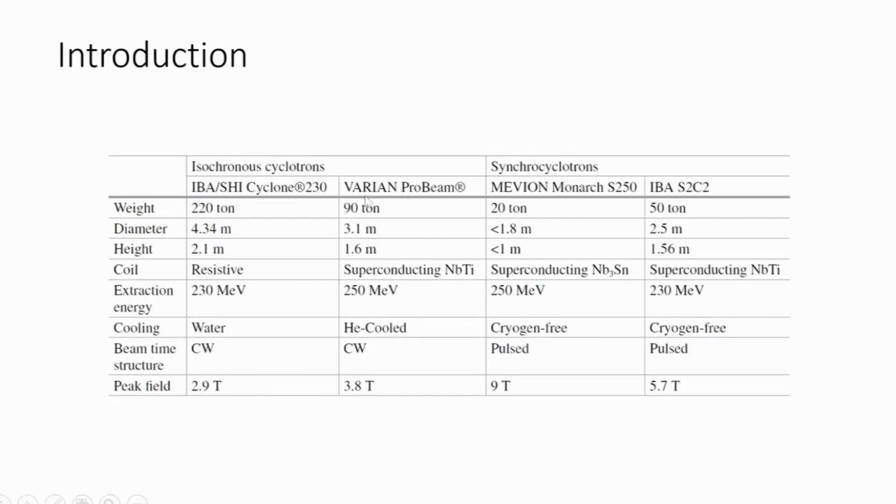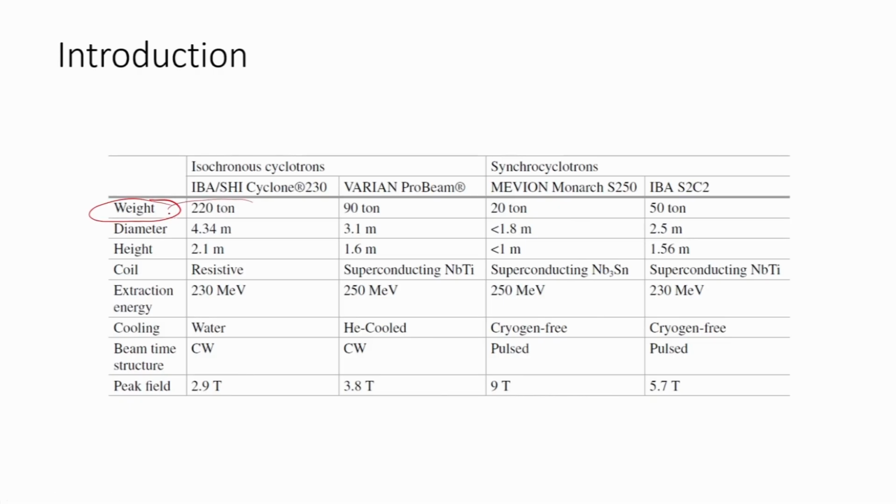Now I will explain the presently commercially available proton therapy systems, which you can see in these figures. The commercial proton therapy producers are IBA, Varian Medical Systems, Mevion and Monarch Systems, and they are categorized into isochronous cyclotrons and synchrocyclotrons. We must understand some common basic parameters, like the